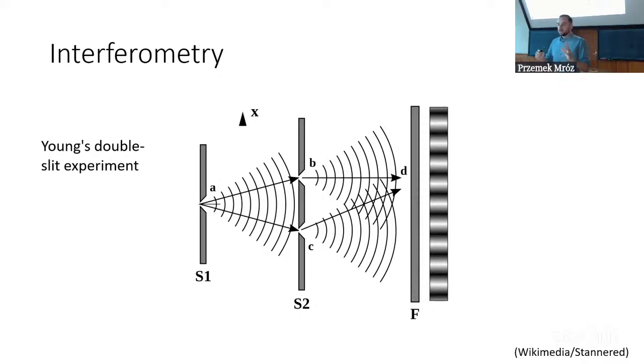The other way of trying to measure the Einstein radius is to try to resolve the images of the microlensing source. And we can do that with interferometry. Quick recap, we have some students in the audience. We know that light behaves like a wave. So if we have a coherent source of light,